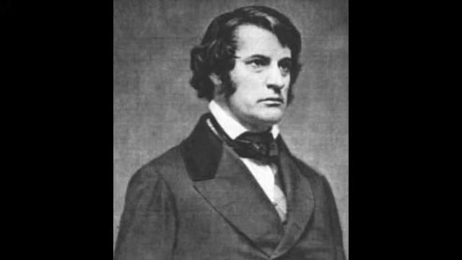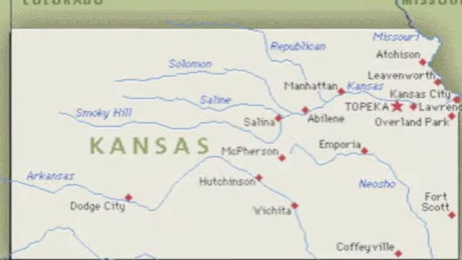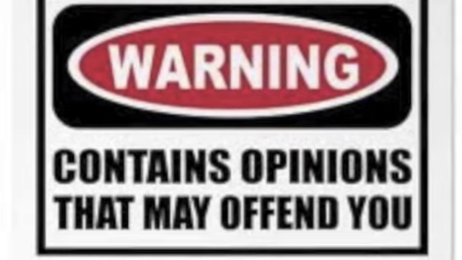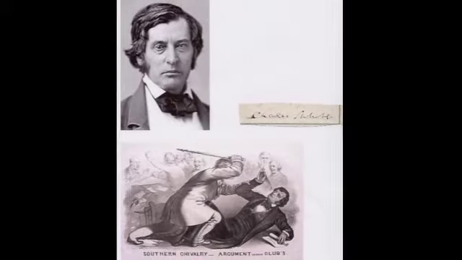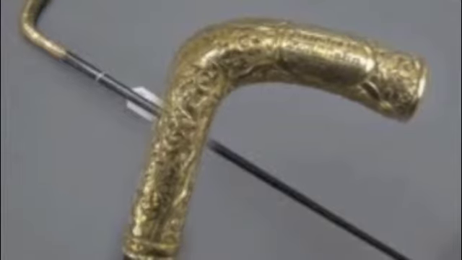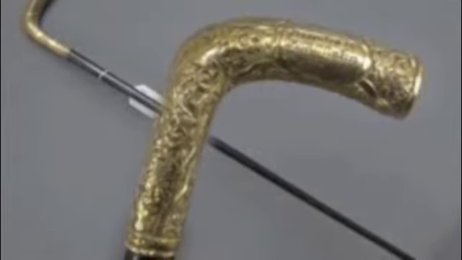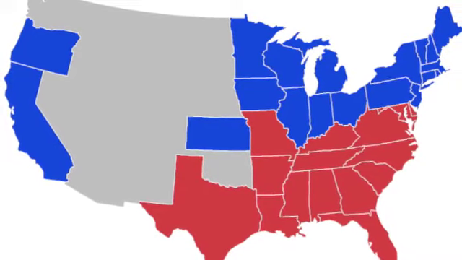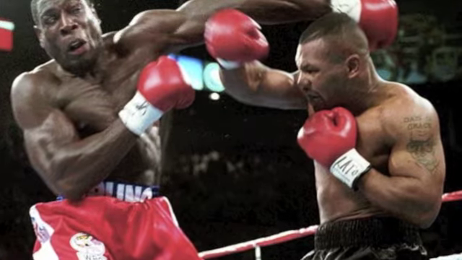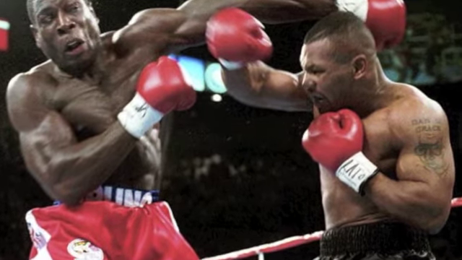Senator Charles Sumner. On May 21, 1856, Charles Sumner gave a bitter speech in the Senate called The Crime Against Kansas. Essentially, the speech offended every Southerner. The South's culture was one of pride and honor, and when someone messes with that, they will pay. Well, pay Sumner did. Two days after the speech, Sumner was beaten over the head in his office with a gold-tipped cane. Sumner did not die, but it took years to recover. After Sumner was beaten, the North was again furious with the South. So now we have the North and the South taking hits at each other and continuously making the other more and more mad.